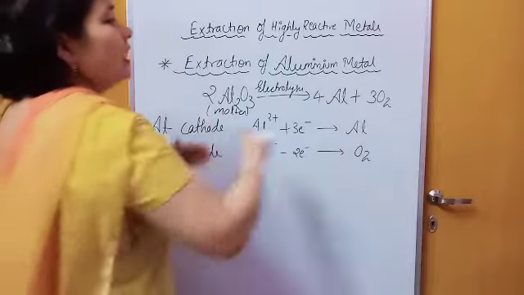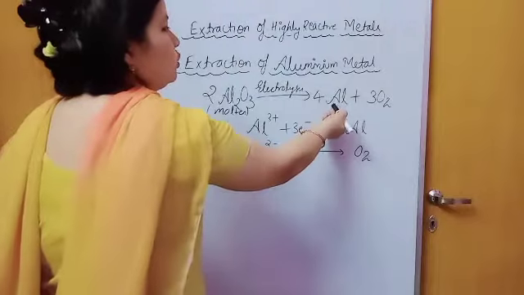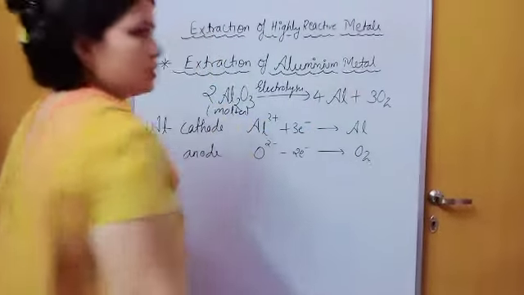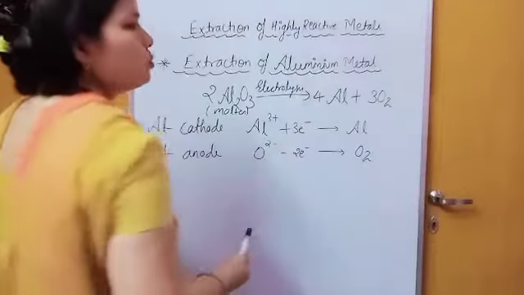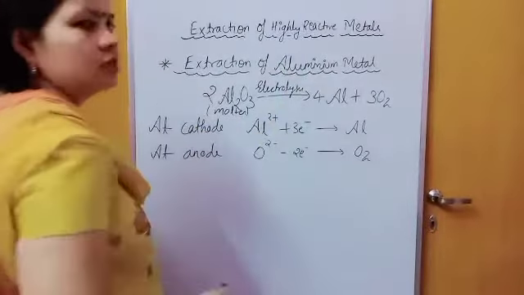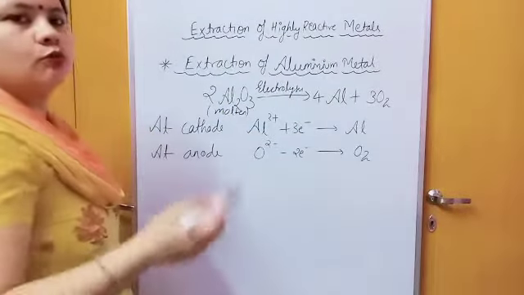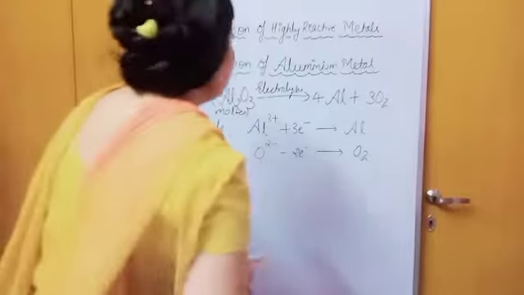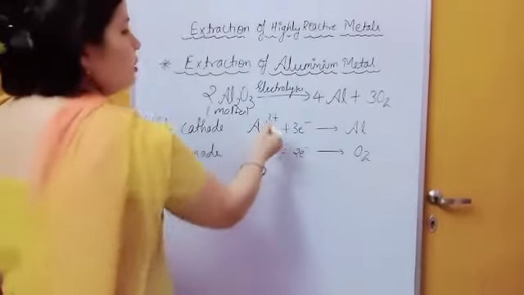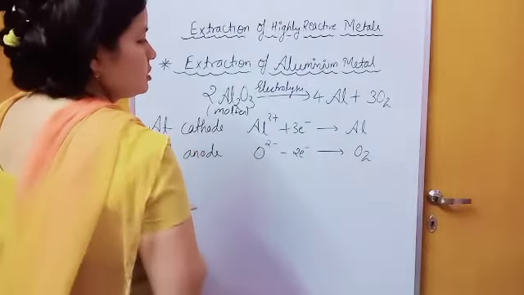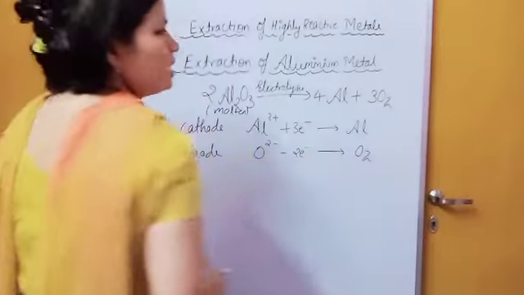When we pass electricity through this solution, it dissociates into aluminium and oxygen. Now just see, aluminium is positively charged, so it moves towards the cathode, cations move towards the cathode, and oxygen is negatively charged, so it moves towards the anode. Okay, opposite charges attract each other. Now just see, at the cathode reduction occurs. The aluminium, this one is Al3 positive, after gain of 3 electron, it becomes aluminium.